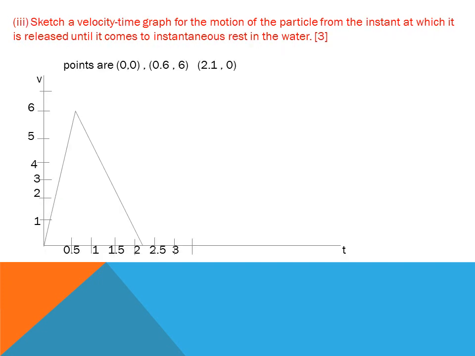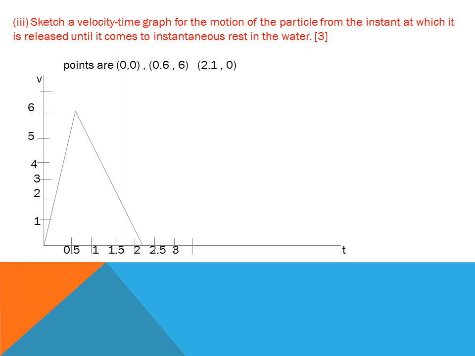In the next part, he asks you to draw the graph of the object falling from a height of 1.8 meters toward the tank, and then it stops after entering the tank. First of all, the velocity and time are 0 when the object starts to drop from rest. So the first point I take is 0, 0, and the second is the greatest value, the maximum velocity of the object, 6 meters per second before hitting the water, at time 0.6 seconds.